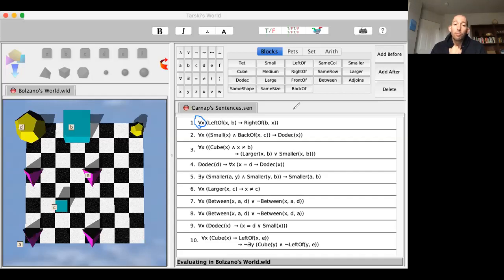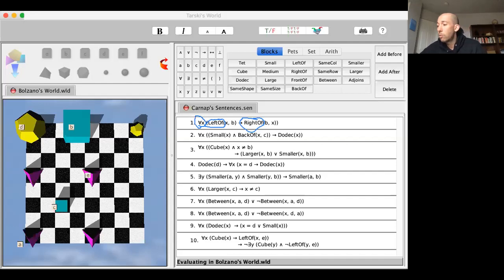The next question we should ask is, how much did the actual predicates matter? Does it matter that we used right of and left of? Did that contribute to our reasoning that the sentence is always true? And the answer again is yes,